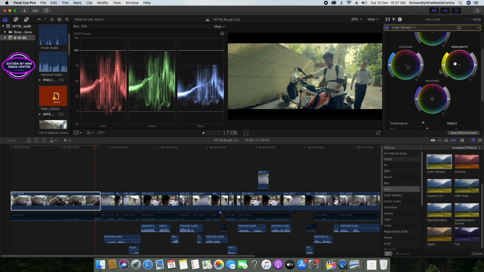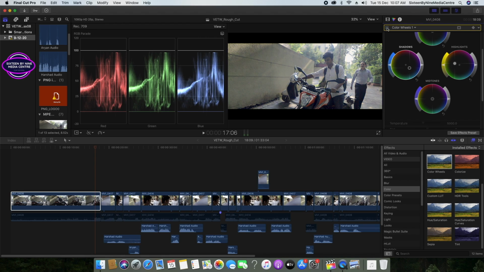So warm highlights, it is going up, which is not right. I cannot go more than this. So warm highlights and cold shadows.